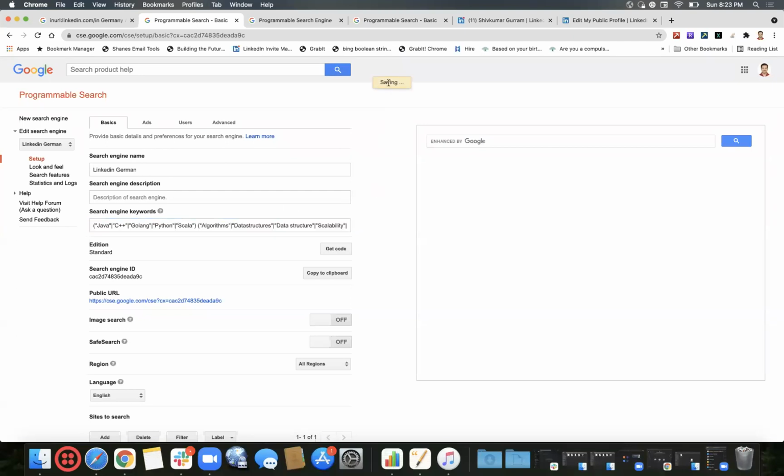Now, once I click here, it will be saving. Sometimes if you go beyond the limit, it would not save. This is a maximum limit, in fact. So if I go beyond this, I would not be able to save. However much space you have, the search engine keywords describe the content or subject of your search engine. These keywords are used to tune your search engine results, so it will basically help us in fine tuning our search engine results. Why is this going up again and again?